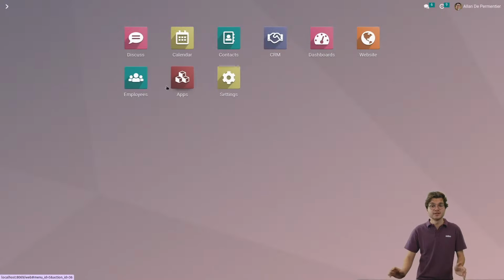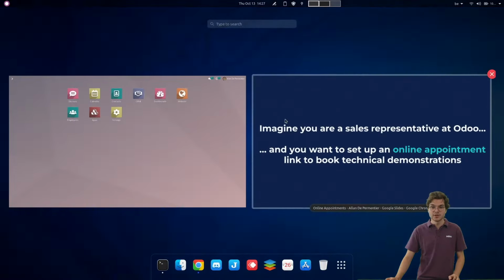So that was all for me. As you see, scheduling appointment links with Odoo is very easy. It can save you a lot of time. So if we sum it up,